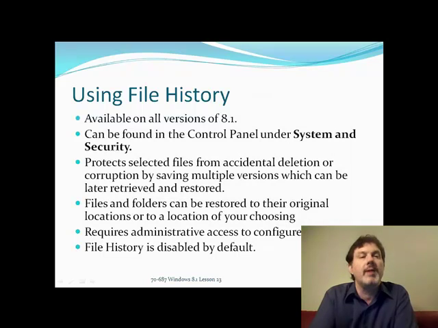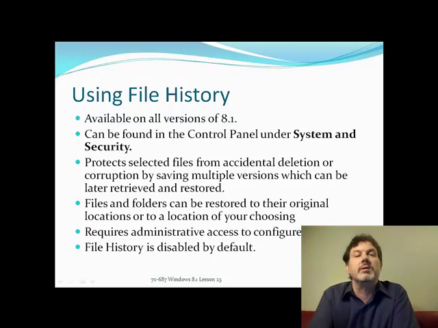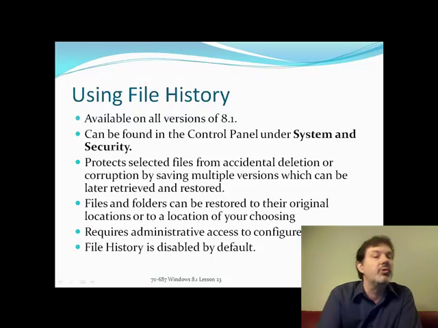All right, so let's go back to using File History. As I said earlier, Windows is really pushing File History as the primary method of restoring files and folders on our system. It is available in all versions of 8.1. It can be found in the Control Panel under System and Security. The whole point of File History, of course, is to protect the selected files and folders that you're backing up from accidental deletion or corruption by saving multiple versions